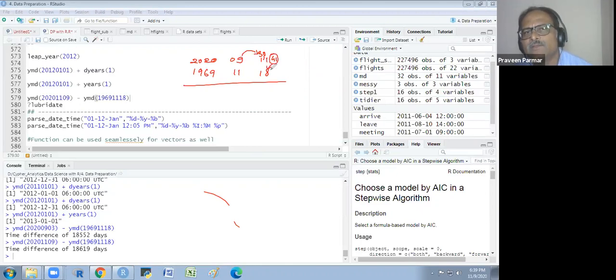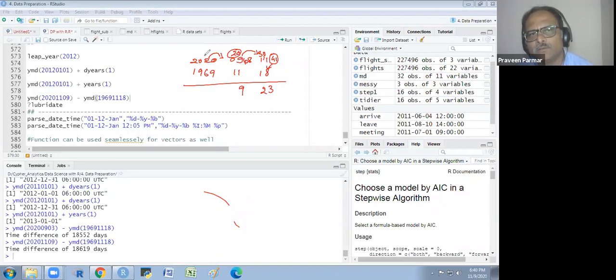And we subtract this 18 from 41. So 41 minus 18 is 23. And now the month is 8 instead of 9. So we will take 1 from the year, and we will get 12 months. So 8 plus 12 is 20. And 20 minus 11 is 9.